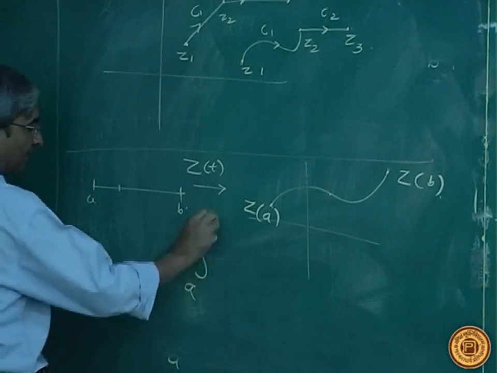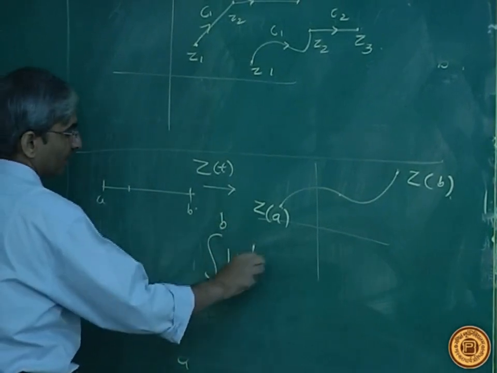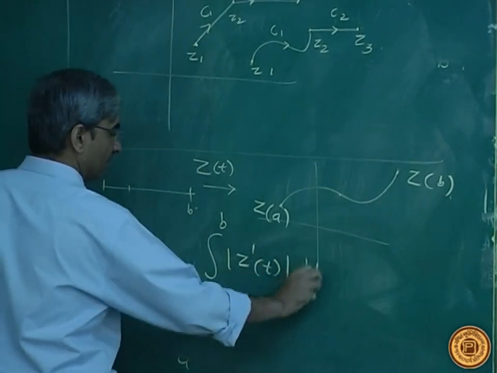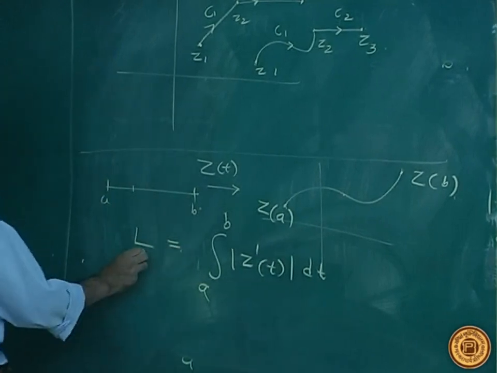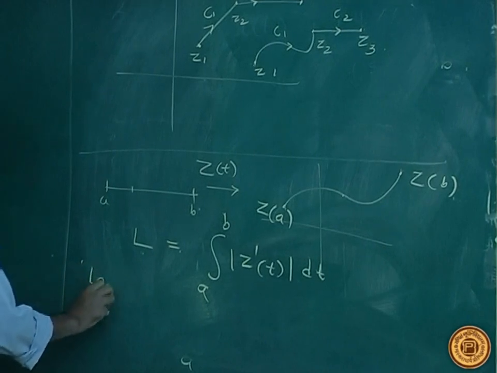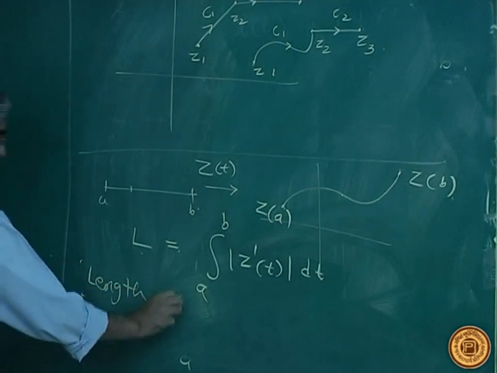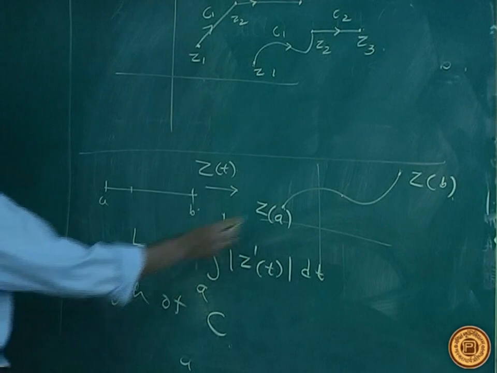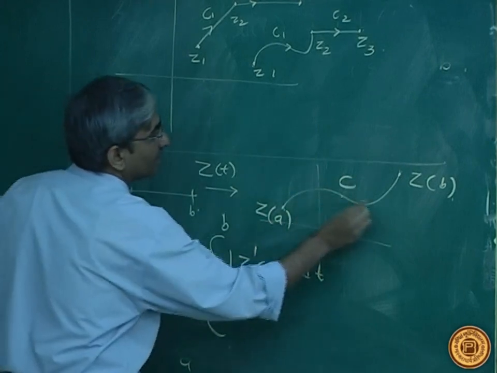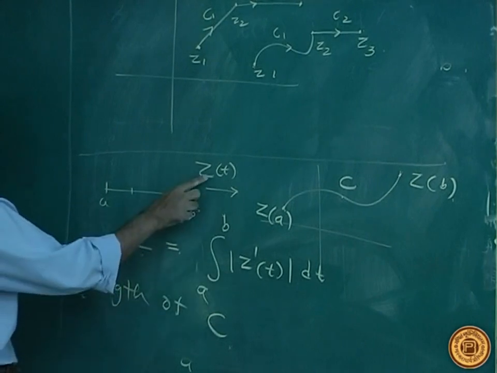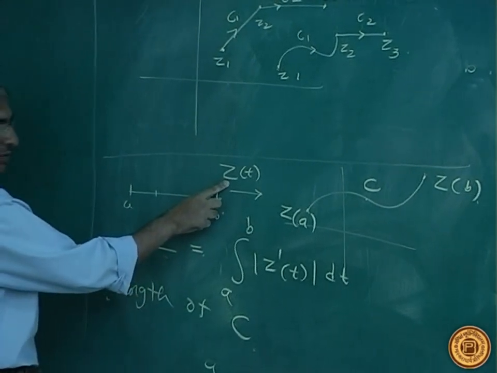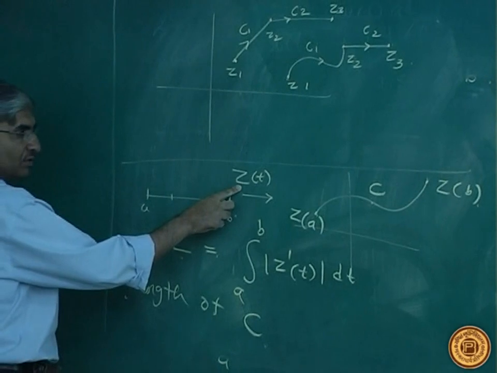So the integral from a to b of mod of z prime t dt is called the length of C, denoted by L. So the length of this curve C is defined like this, mod of z dash. For this parameterization function, we find its derivative,